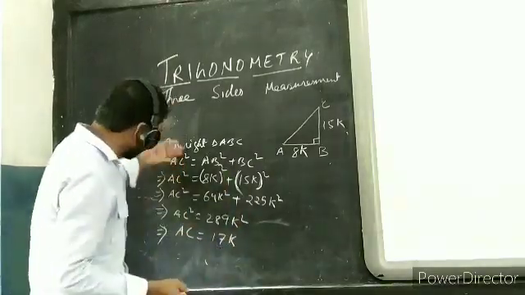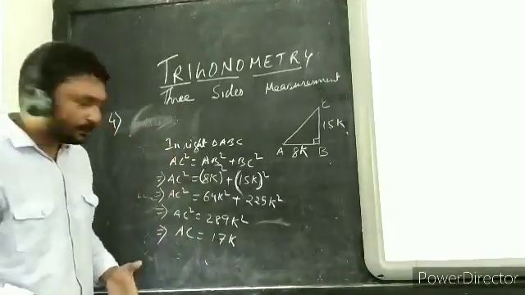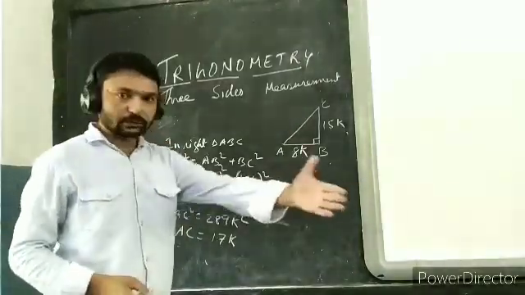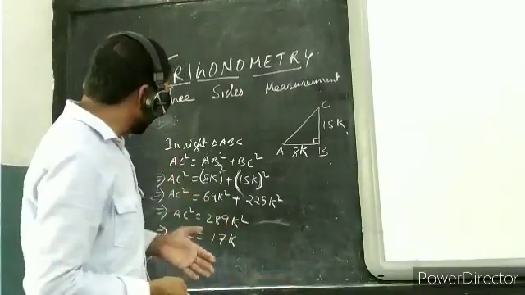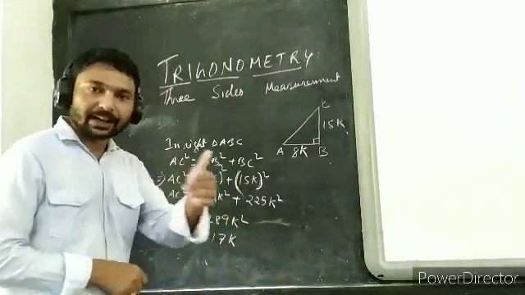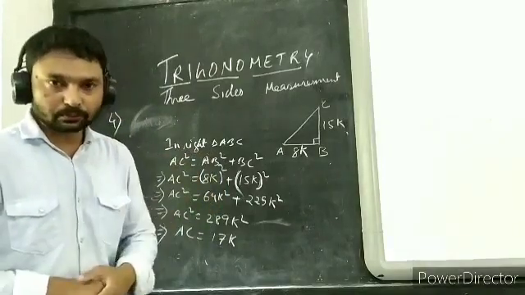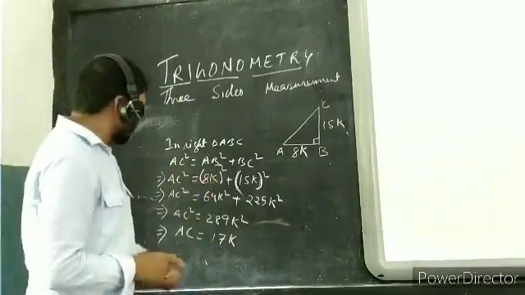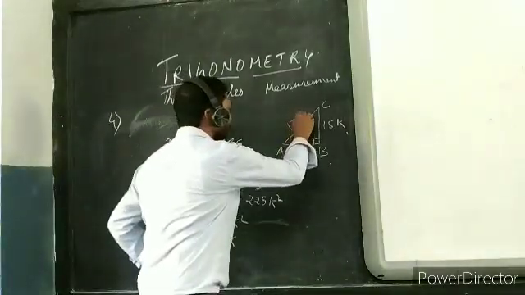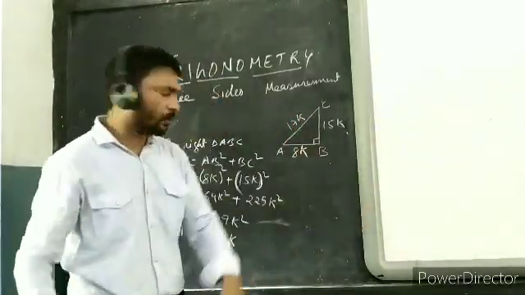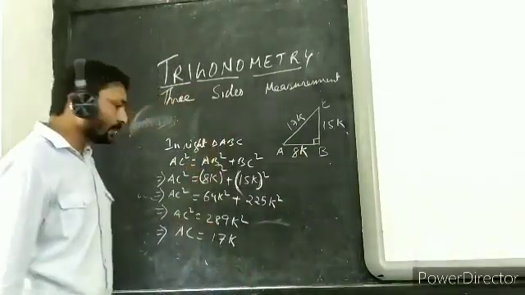You all know. And if you have any difficulties, you can see in your book also, examples are there. Whenever you feel any difficulties, you can go through these videos, you rewind and see. Whenever you want to pause, you just check it. Now you got AC. AC equal to 17k, yes, I am writing here. If you do not write it also, it's okay. But I wrote AC equal to 17k.